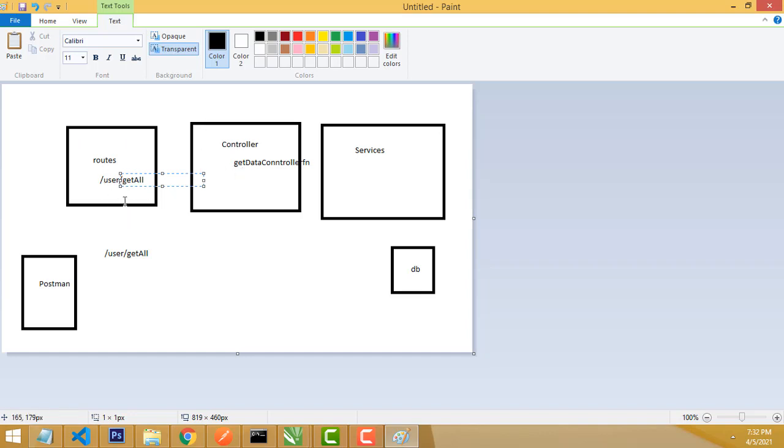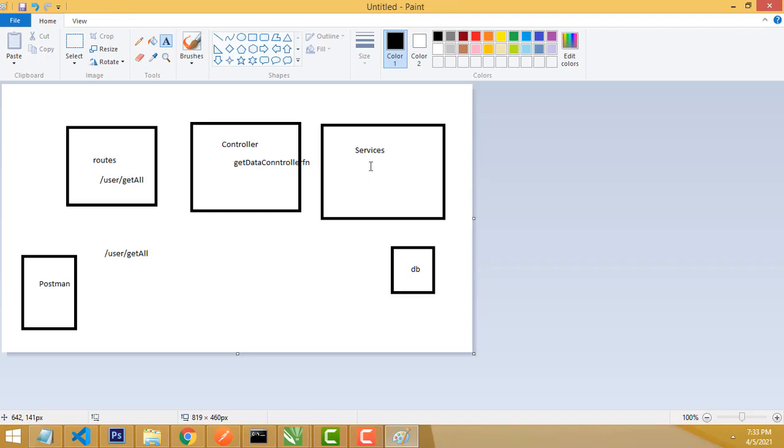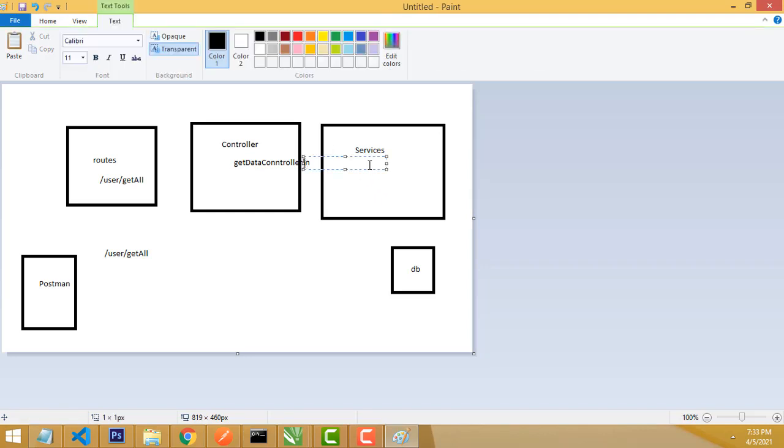We can create many different routes: create, delete, update, many routes. We also have more than one controller here. The controller tells the service which one we have to do. We need data. What the service does is get the data from the DB, whether MongoDB or MySQL or whatever it is, and send it to the controller, and the controller will pass it to Postman. This is how the flow works.